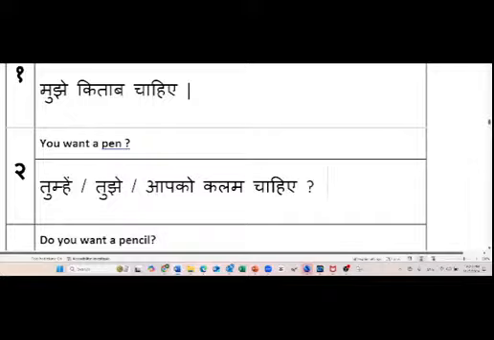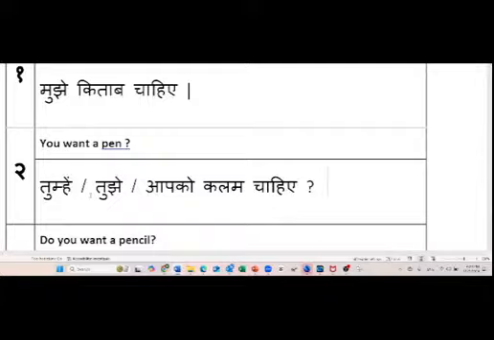Got it? तुम्हें comes from तुम. Doesn't matter. Okay, now tu and tum, which is the best? Tell me. Tum. What is the difference between tu and tum, Arav? Tu is more casual and tum is more. I said tum is better. Yeah, but how do you decide tum is better?